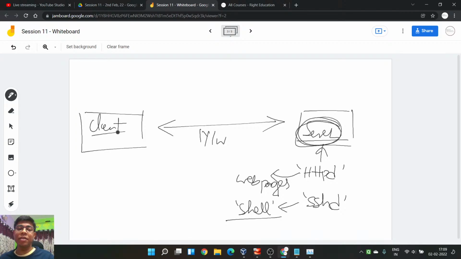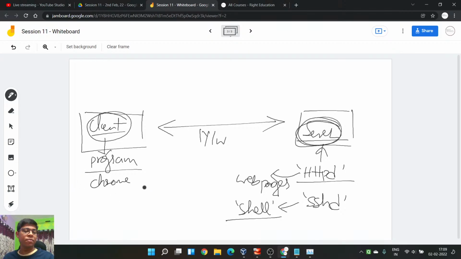Just remember this. A client is again another program. I told you each and everything is a program. So when we are talking about HTTPD, the client program is the Chrome browser, or let's say Edge browser, Firefox browser. When we are talking about SSHD, the client program is called SSH. This is one client program.